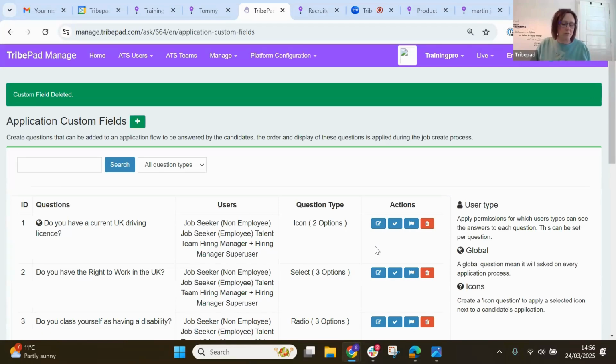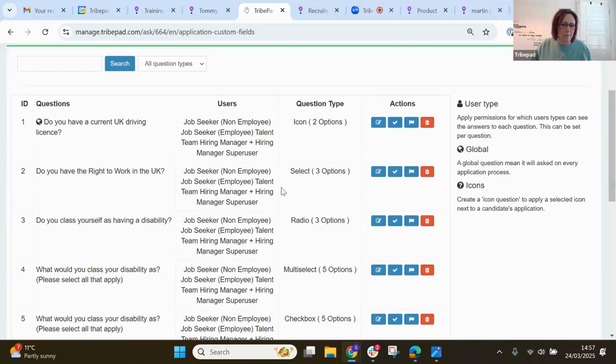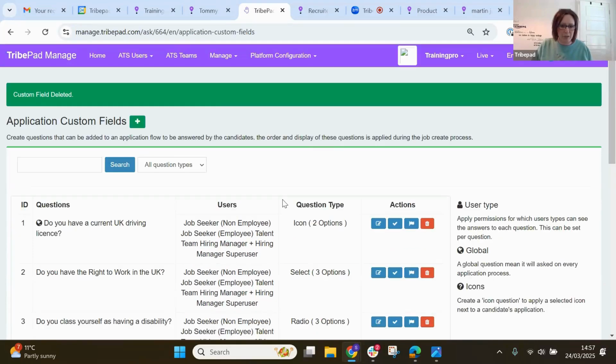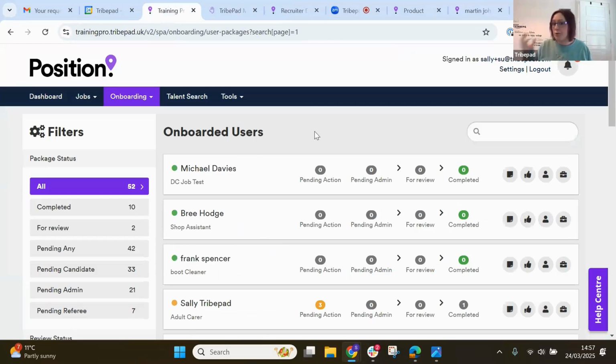You can enable them, you can disable them, just like you can with any other custom field. But yeah, you can create them in Manage. So once you've created them in Manage, you can add them again through a job template or onto an ad hoc job. So if I go onto my jobs list,